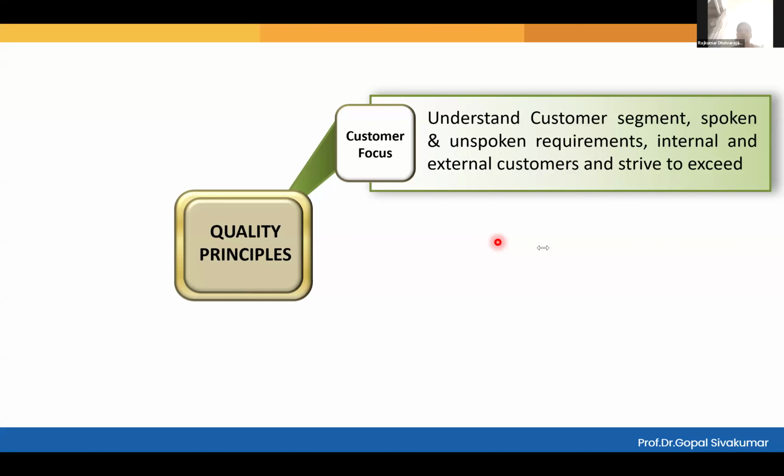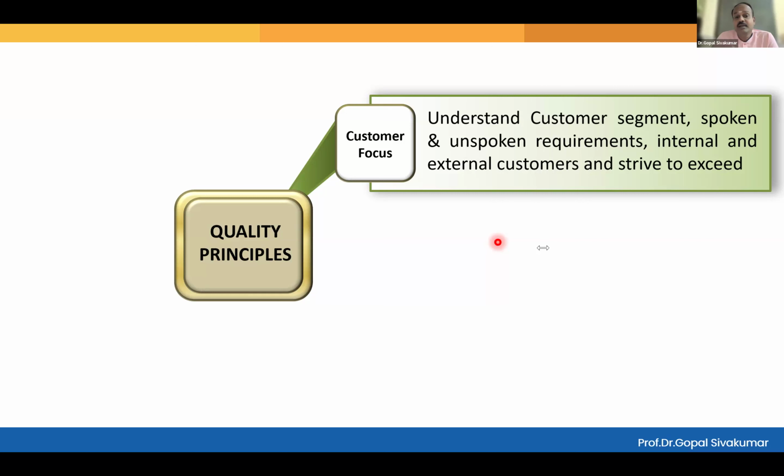Now, for example, in the training program, I wanted to measure our performance with respect to all your requirement. Can you tell me one way I can measure our performance with respect to your requirements? What is the way we can measure? I need a number. By evaluation. Yesterday we performed the test. Very good. Conduct an exam and your score. If all of you score close to 100%, then yes, we are performing well. Maybe your feedback,